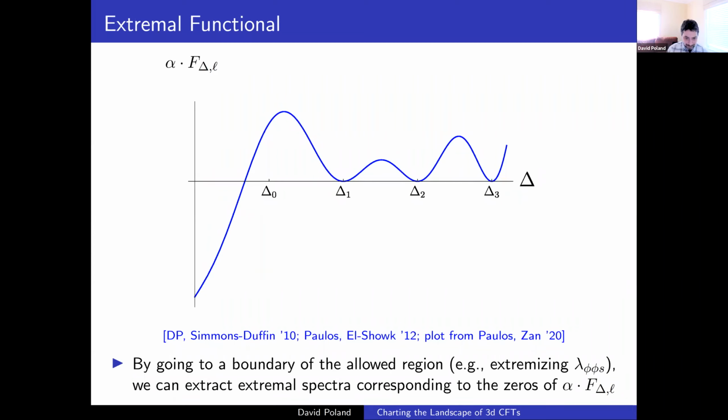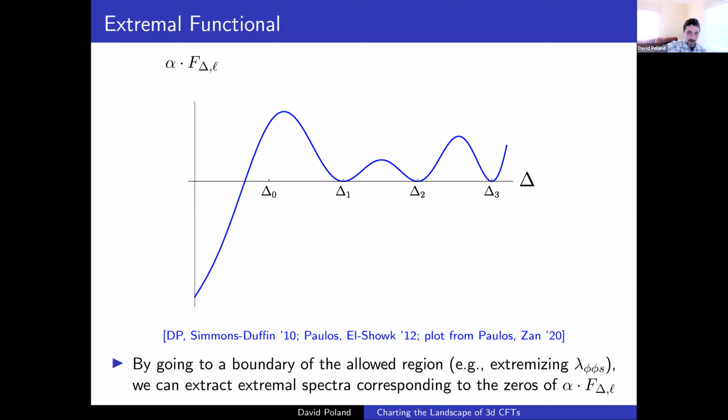the extremal spectrum. The idea is that if you go to some boundary in the allowed region, it can be any boundary. It can be a boundary in scaling dimension space. It could be a boundary obtained by maximizing or minimizing some OPE coefficient. Then right on the boundary, if you look at what the functional applied to the conformal blocks looks like, you see that it has a discrete set of zeros. So it's basically right on the verge of going negative at some scaling dimensions,